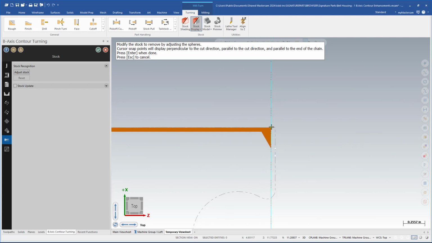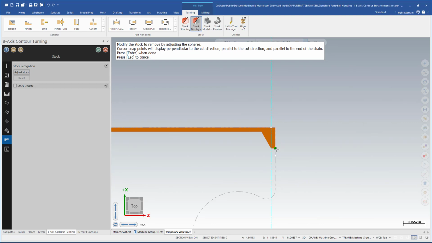So I'm going to start by adjusting the entry here. I'm going to click on the green, and then I can move it around. I can set it anywhere I like, but if you look closely, there's 3 little white dots, and those are pre-position points based on the geometry. So this point here, and then we have this one, so that's the end of the chain and